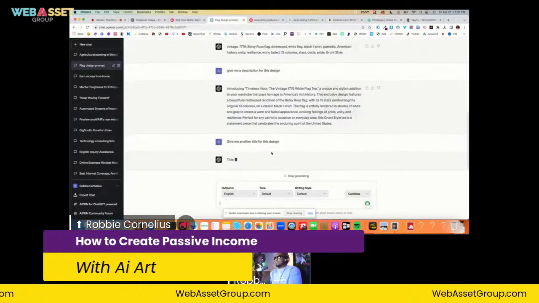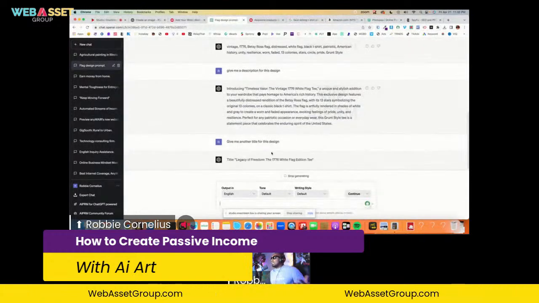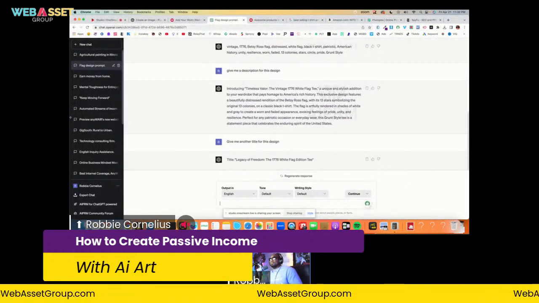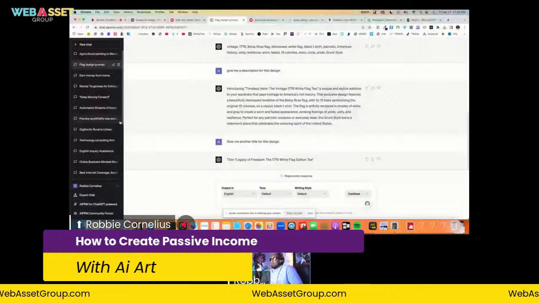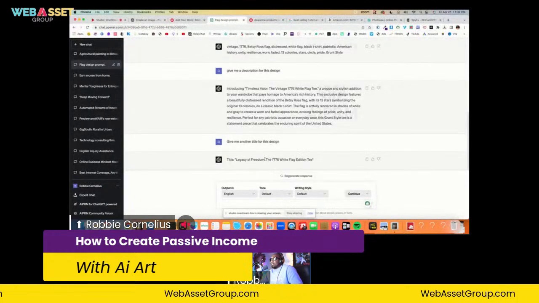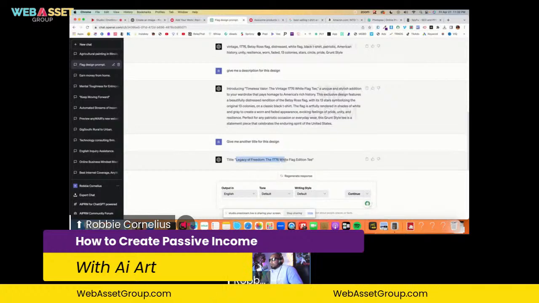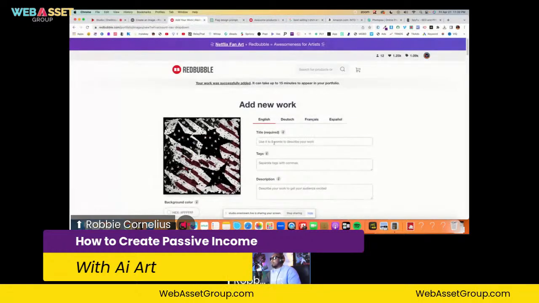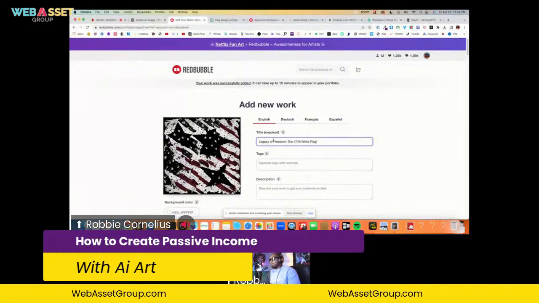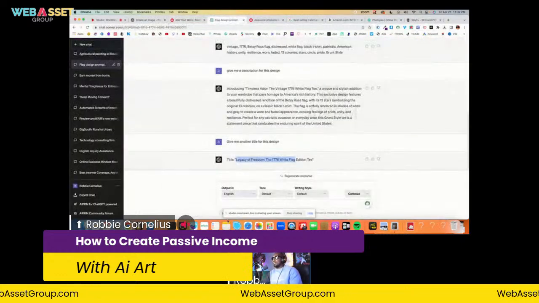So I'm gonna say, give me another title for this design. The thing I love about ChatGPT is that it understands, it remembers, it has a really great memory. It knows what you're talking about. The 1776 flag edition, Legacy of Freedom. I'm okay with that. I'm just gonna copy that, go back over to Redbubble, drop that in there just like that, and then I'm gonna say,